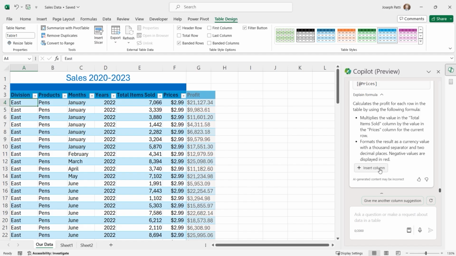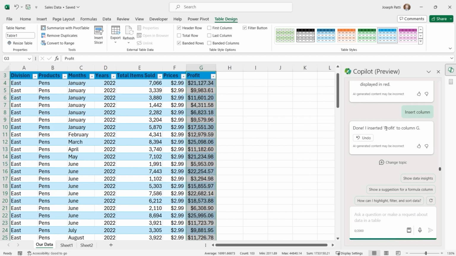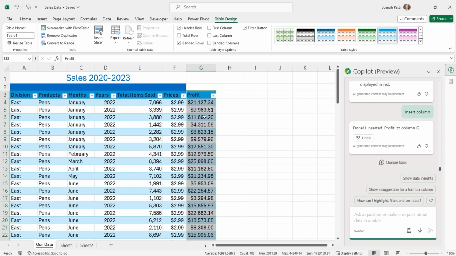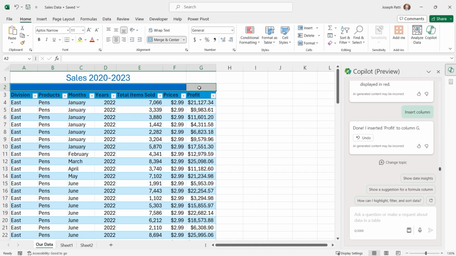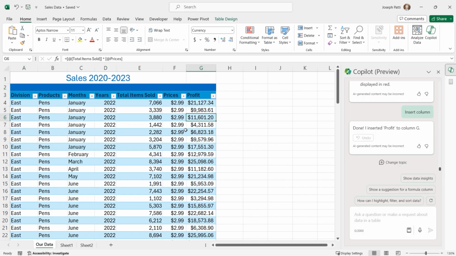Now I can click Insert Column, and there we go. It says done. I inserted column to column G. It named it profit for us. The one thing I might do is just select these and merge and center again, that way I can extend the line. But this looks amazing. Now I can quickly see that it works, and I can even get insights based off